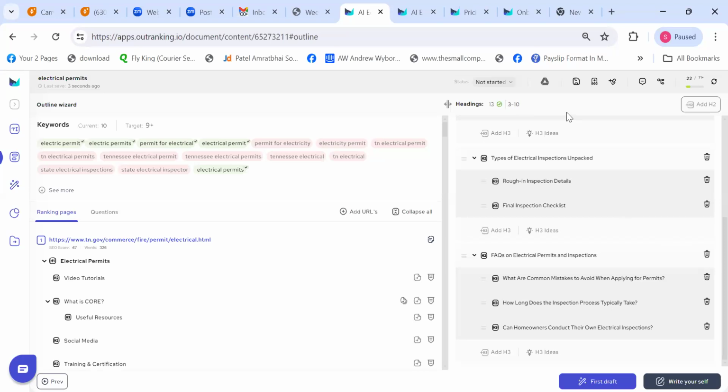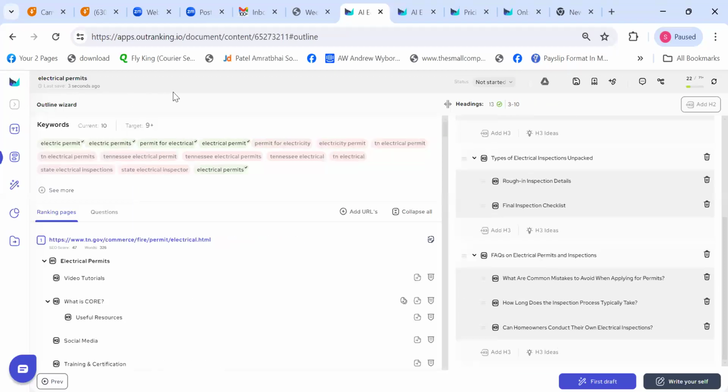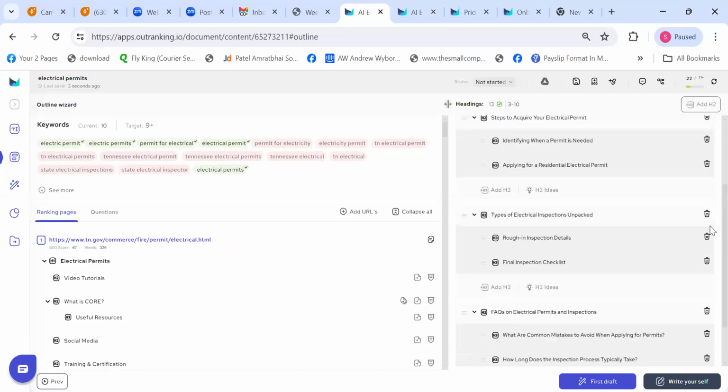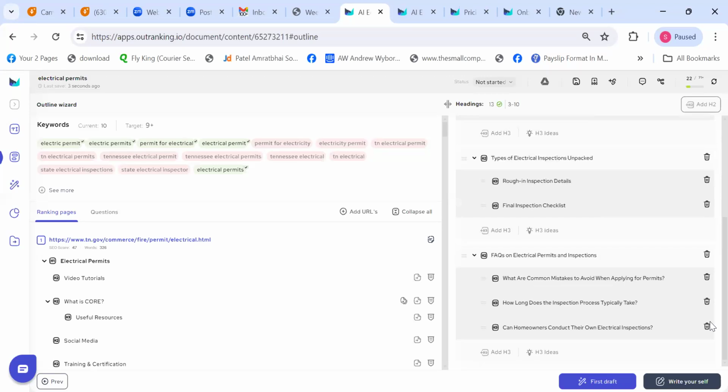Now, this is something very important because people make a mistake on the outline step. I always say that the outline step is very important and where you need to spend most of your time. Make sure that you have perfect, apt outlines, not more, not less. Everything that you want to include, just put only those things here. Because on the basis of this, the content is going to be generated, and you will have to do much less work editing it, rather than going through all the content and removing one thing at a time. So make sure that you have perfect outlines here.